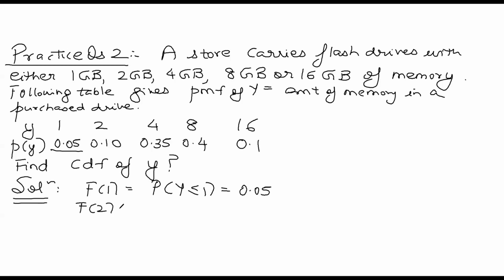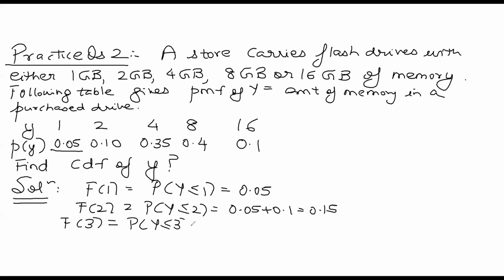F of 2 will be y less than or equal to 2, which will be 0.05 plus 0.1, which is 0.15. F of 3 will be the probability of y less than or equal to 3,